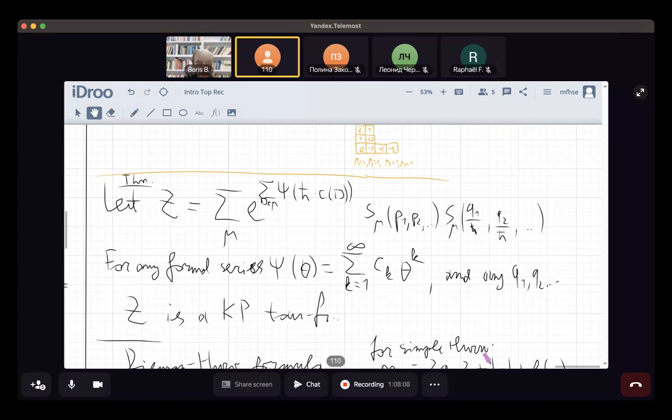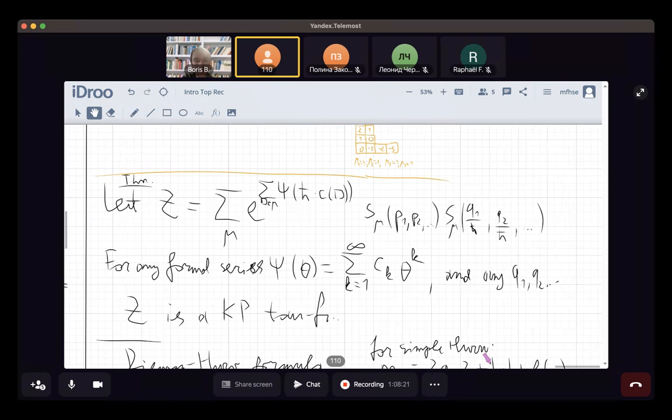If you want to fix nu, then you want to take the coefficient in front of q nu of this generating function. But anyway, we'll discuss this a little bit later. But this will be our main object with which we work. So the thing is that we want to take this guy, and then it turns out that first of all,